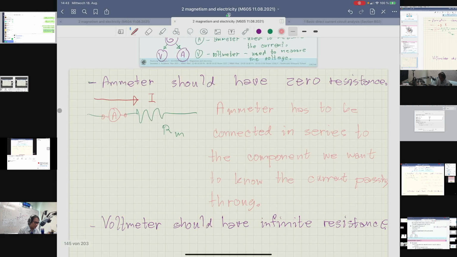We have to connect the ammeter in series to any device, to the resistor, capacitor, or inductor, if you want to observe the current flowing through this branch. The next thing is the resistor, and if you would like to observe the voltmeter across this object, you have to put the voltmeter here like this, across these two points, and you could see the needle deviated from the original zero position, and how much is that, you can see the voltage. And what else,